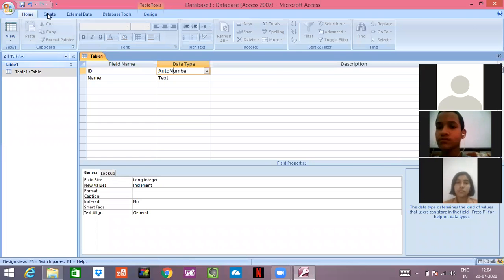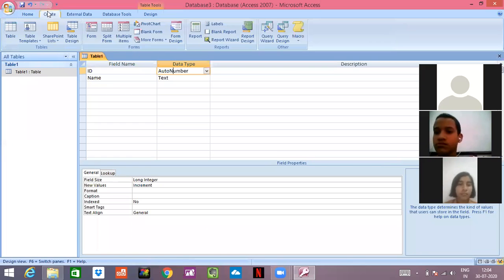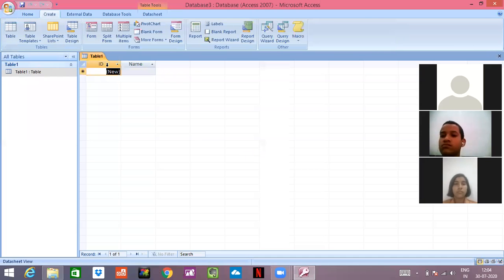Now let's see where we have created our primary key. We'll be setting a relationship between tables. Let's see how to set a relation between them. I have created a table. I'll click on that table. See, my table is there. I'll be writing the ID.